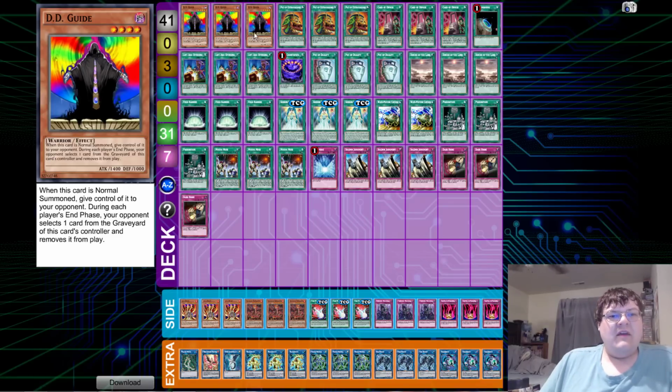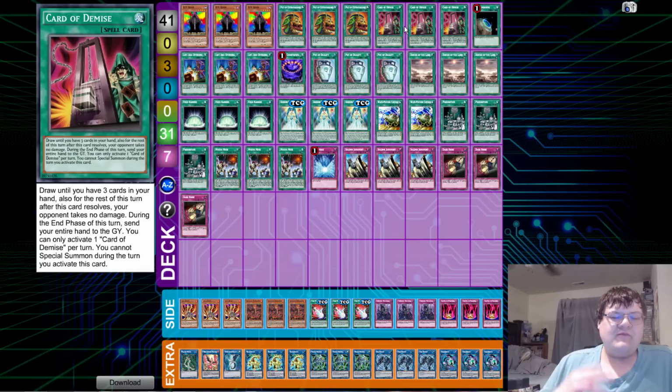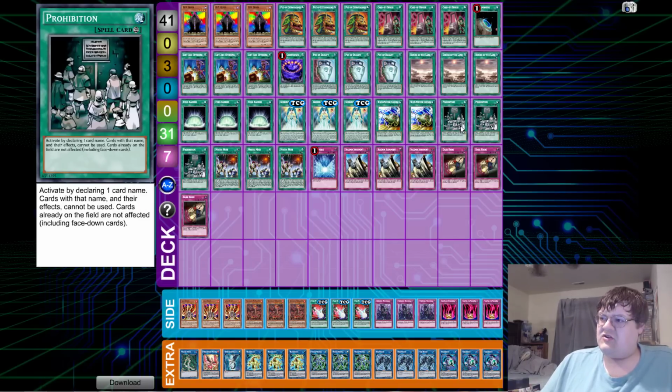This is really interesting. We have triple copies of Pot of Extravagance for draw power. Speaking of draw power, triple copies of Card of Demise, because we're always wanting that. We have the one copy of Terraforming, triple copies of Left Arm Offering. If you have 2 or more cards in your hand, banish your entire hand and add 1 spell card from your deck to your hand. You cannot set spell trap cards during the turn you activate this effect. So we can go get Prohibition to make sure that our Mystic Mind sticks on the field,